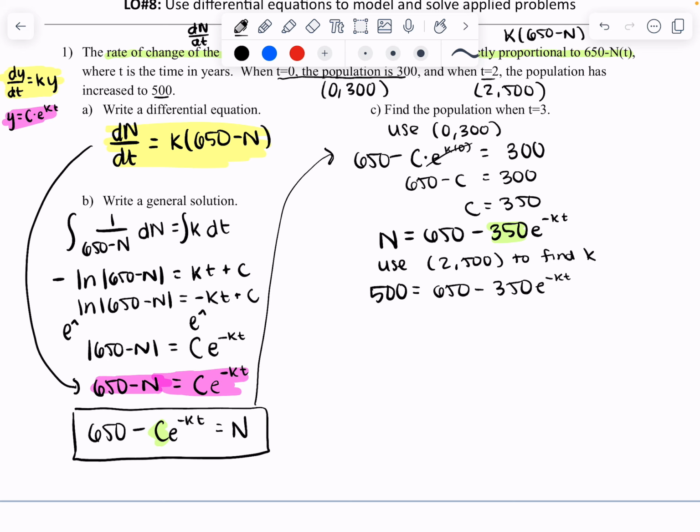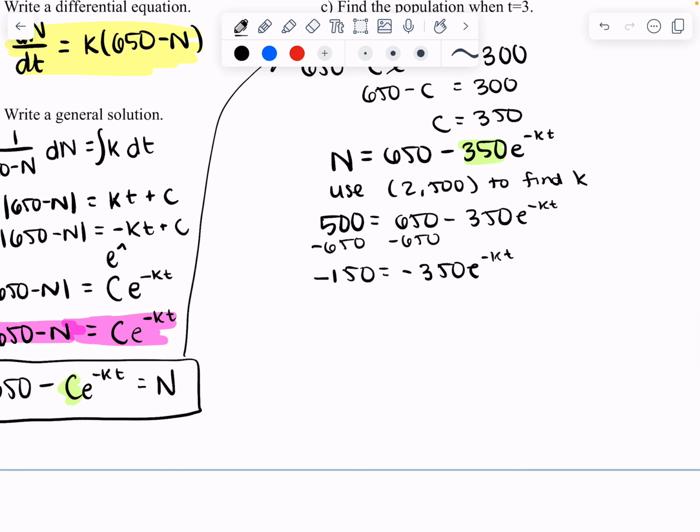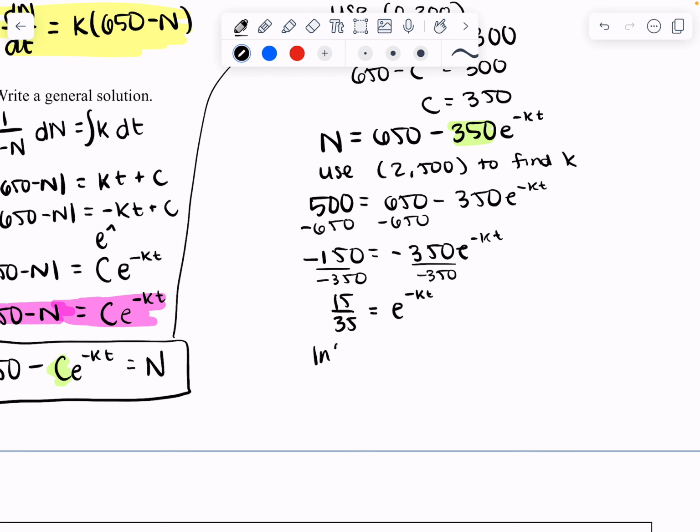Okay, I'm going to subtract the 650 from both sides. Negative 150 equals negative 350 e to the negative kt. I'll divide both sides by negative 350. And now I'm just going to make those positive, maybe simplify it a little bit. 15 over 35, you can of course simplify that more, equals e to the negative kt. Then we natural log both sides,